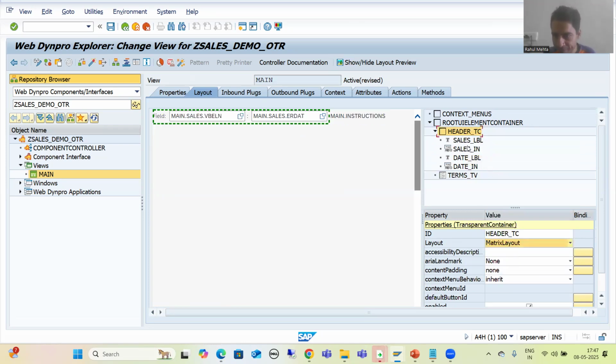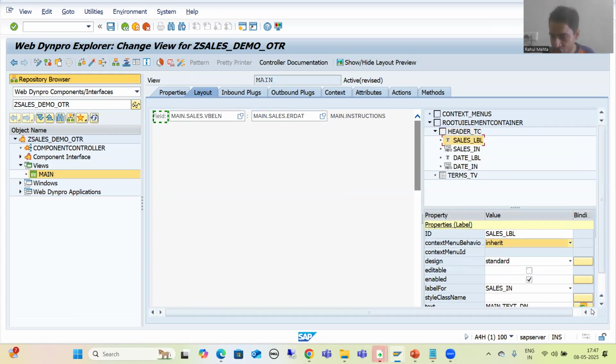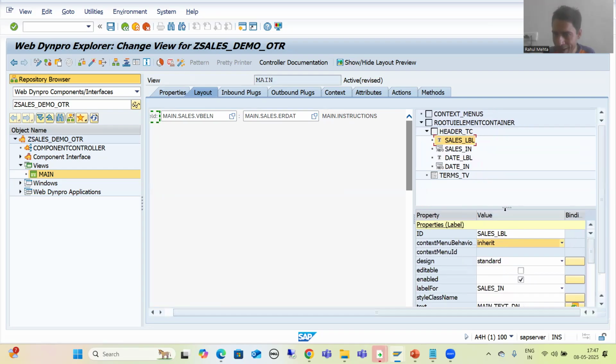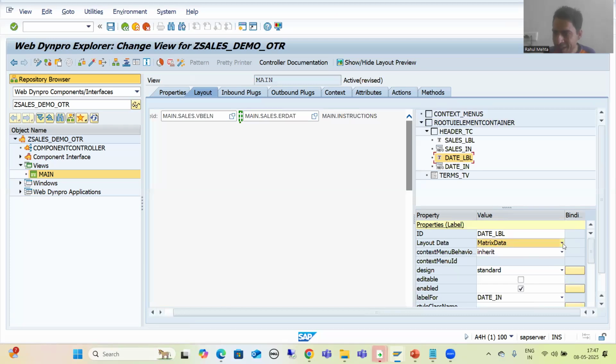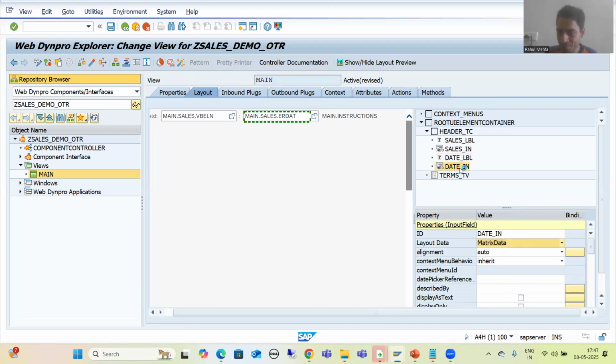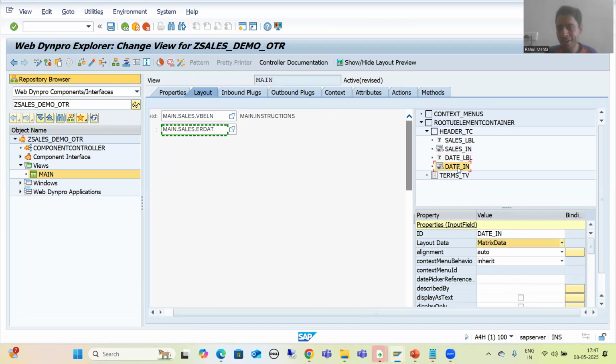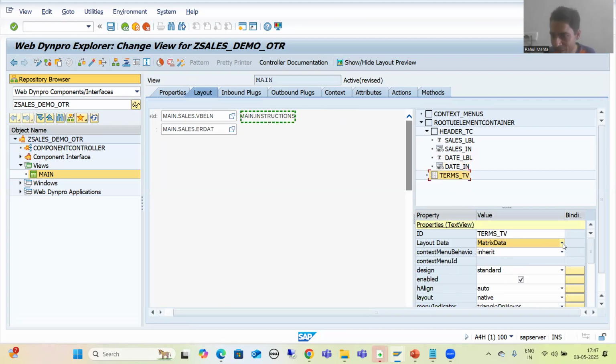Now I will check. This is our matrix layout. I'll go for matrix data and matrix head data. This should be matrix data. It should be matrix head data, because some things will change, so we need to change it again. This is our matrix data. Now these items will be matrix head data. Now if I save,